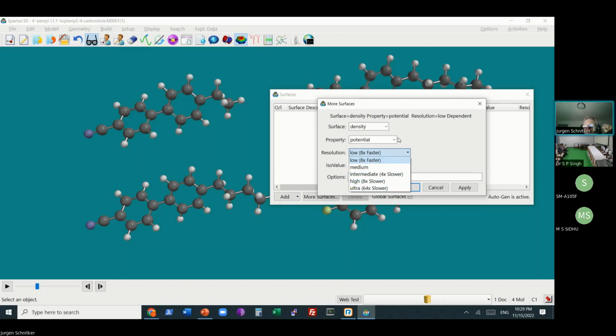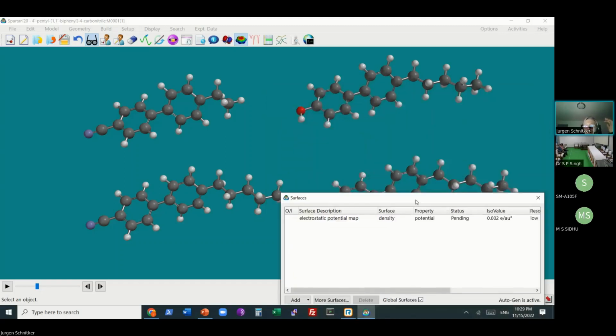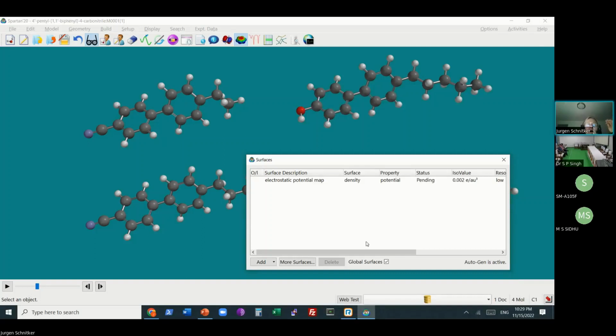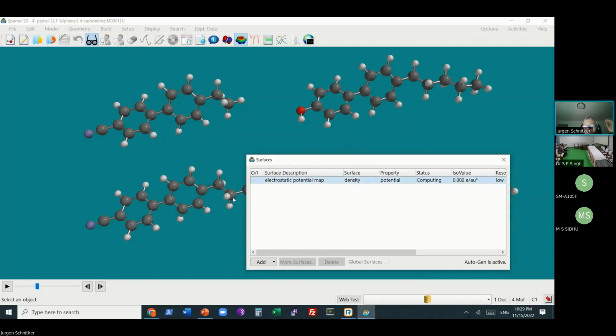Low is really fast. It will do all four at once because my global check mark is set. I submit. Oh, it's already finished. No, it's computing after I submitted it.